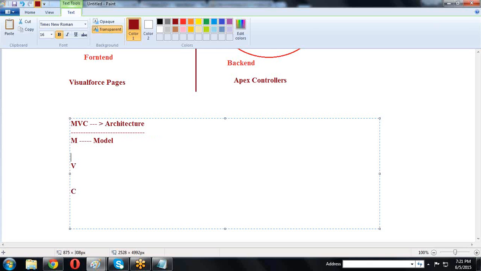The model component, the view component and the controller component. What is the model component?